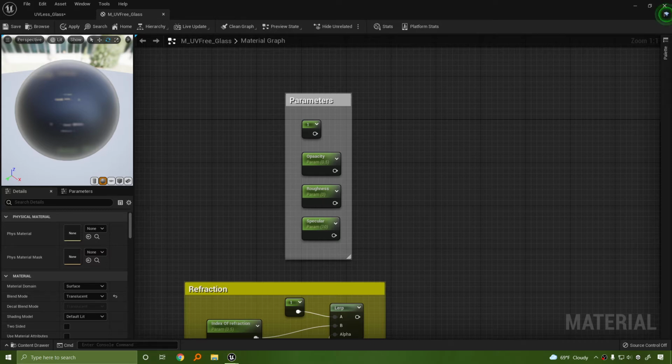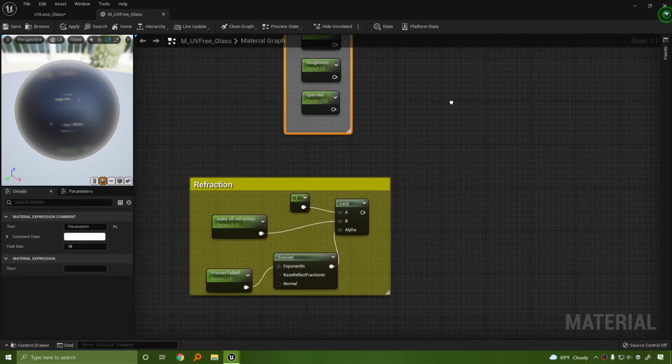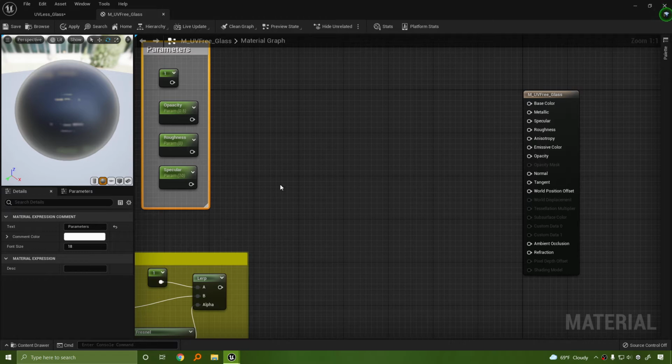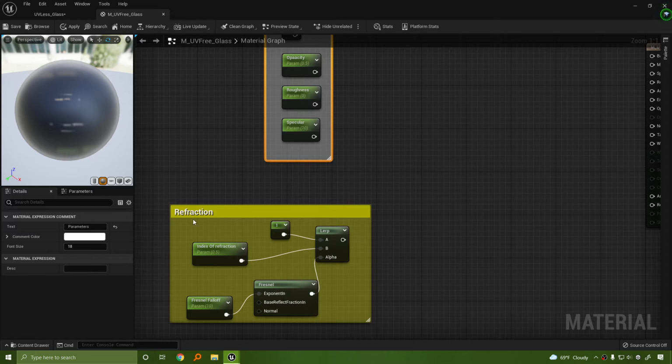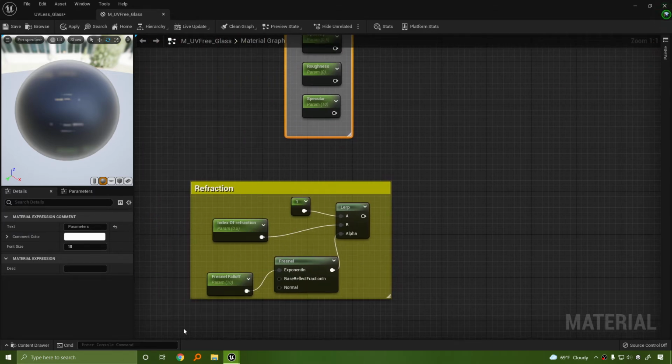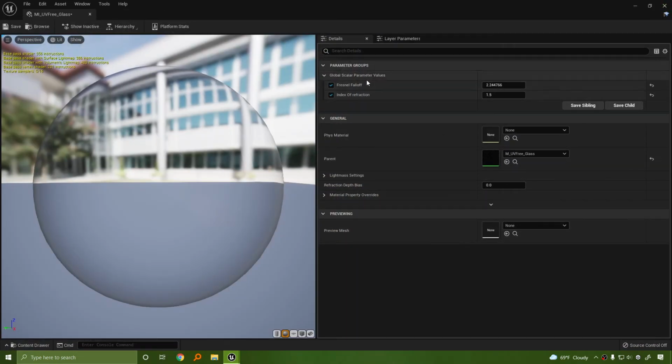Alright, so let's go ahead and test out some more of this. And then after this, I'm going to stop testing it out and I'm going to put it together and I'll show you guys how it goes. So in this particular case, we want to be able to control the opacity value with a parameter that is not just trying to manually control it or allowing it to be set by the index of refraction. Remember, we set this value in here and we didn't really have any way to control it. If we go ahead and pop this open, we see that we had a Fresnel fall off and we had an index of refraction,